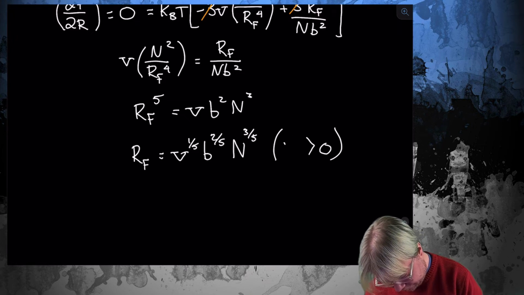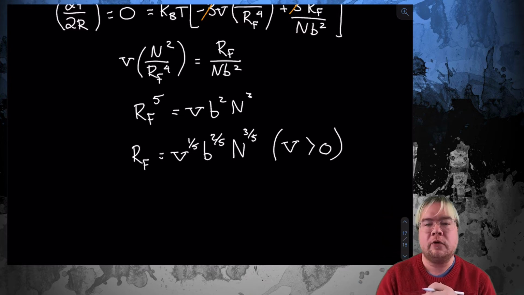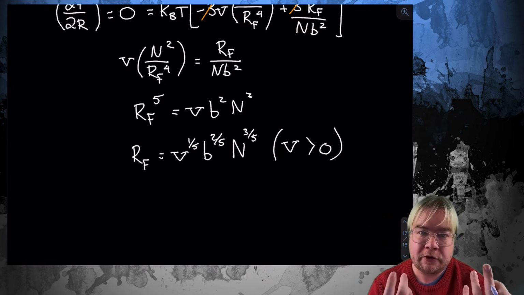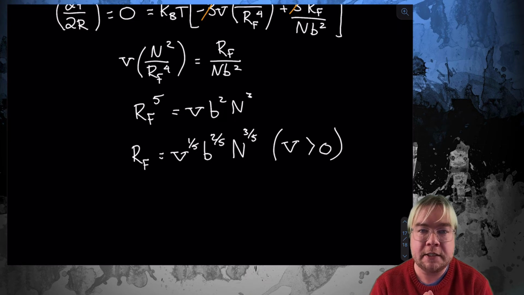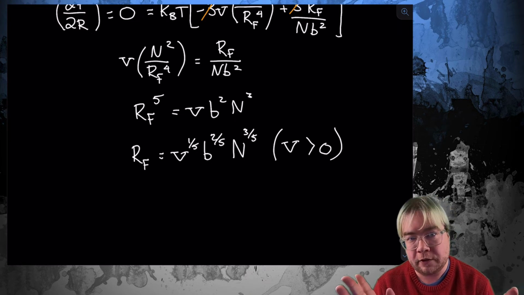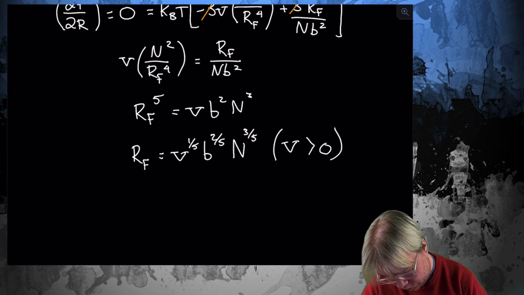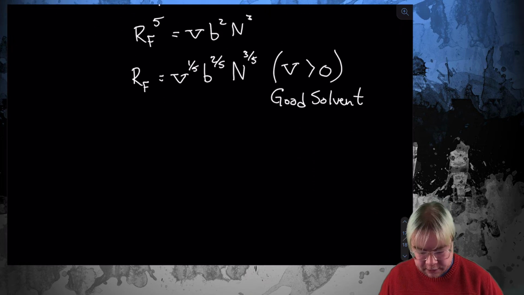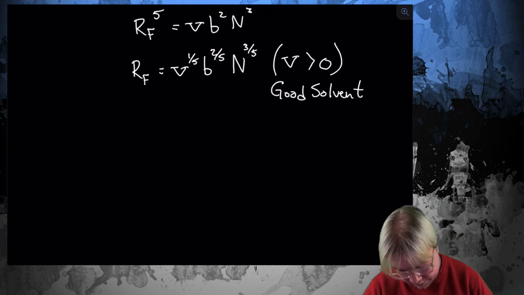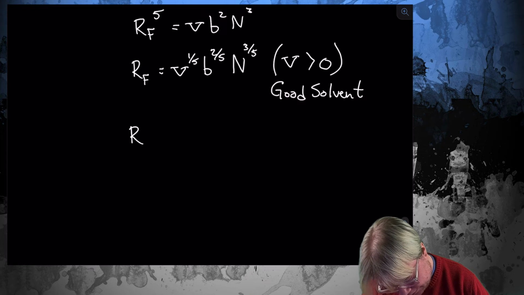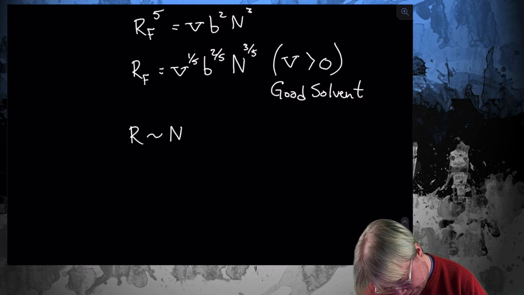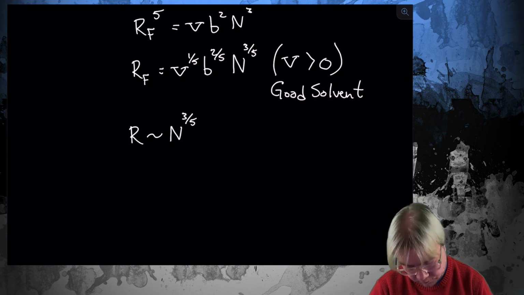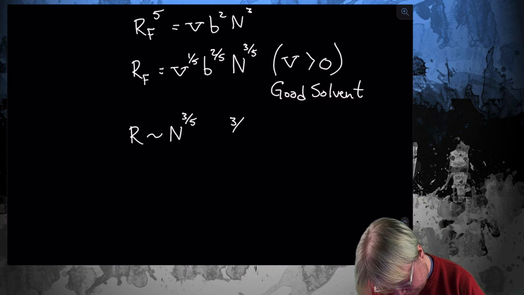But we're assuming that v is greater than 0. So we're assuming that the chain's in a good solvent or an athermal solvent. So this is for good solvent conditions. Not fantastic solvents, not excellent solvents, good solvent conditions. So another way of saying this is that R scales as N to the 3/5 power in a good solvent. Okay? 3/5